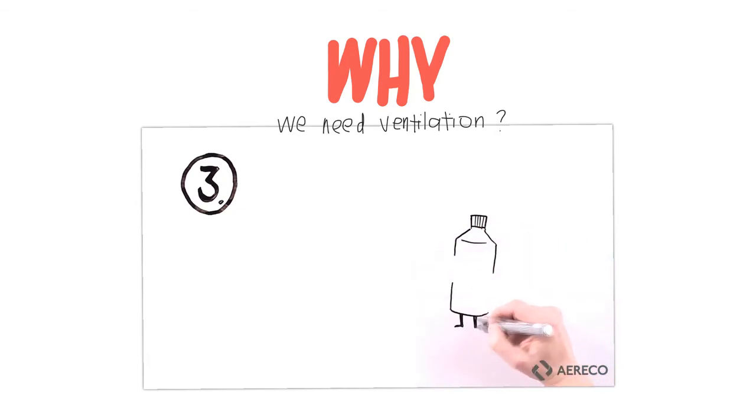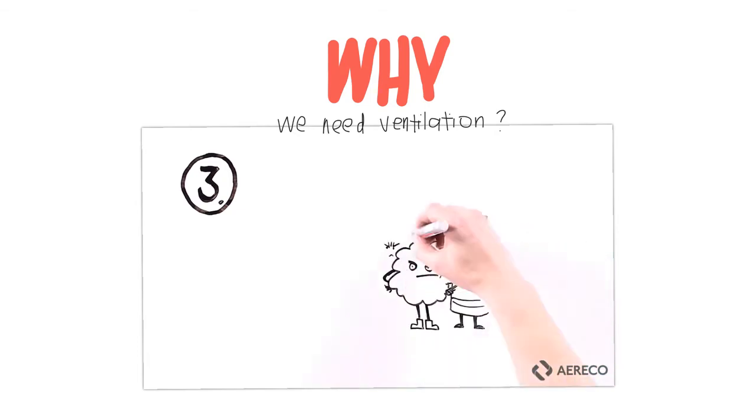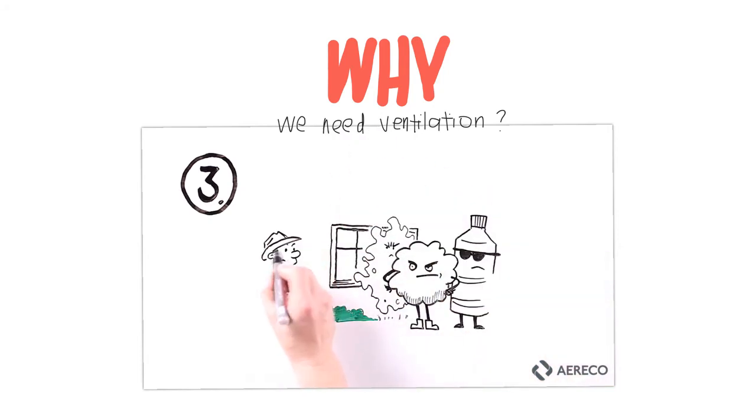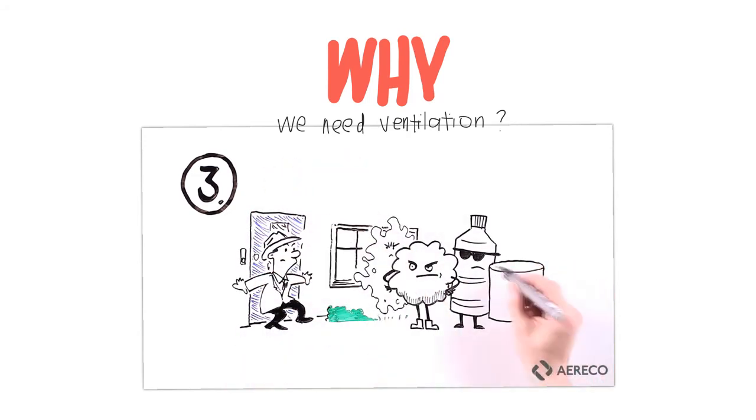VOCs. These are quite complicated and are basically chemicals that we don't really want about. The vast majority are okay, but some are very bad, and we try not to have them in our houses in the first place, in paints and varnishes, etc. But we do have to mitigate the risk with good ventilation.